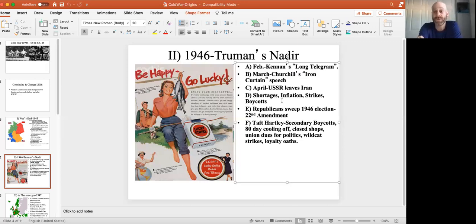Every railroad in the country went on strike in the summer of 46, right when everybody was coming home and trying to get home, right? Soldiers are coming into New York or into Long Beach, and they're trying to get on trains to get home, and there's no trains. You're having to rent a car, rent a taxi, or just rent a hotel for a couple of weeks until the strike's over.